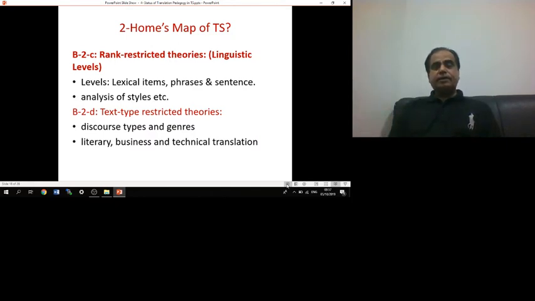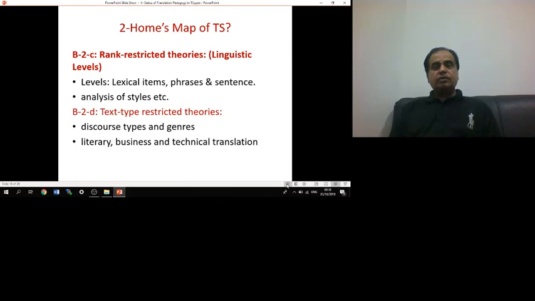This is a very important aspect for researchers of translation studies. You can also imagine a topic for your research through this: I am going to study the product, that is the translated text, in comparison with the source text. But I can also specify the level, at word level. And word can also be divided: word is noun, word is pronoun, word is verb, word is adjective, according to different schemes in different languages.